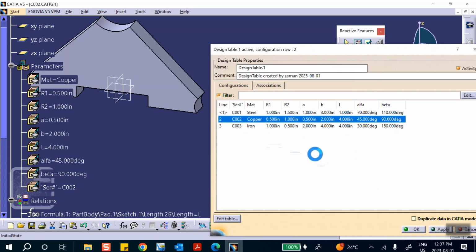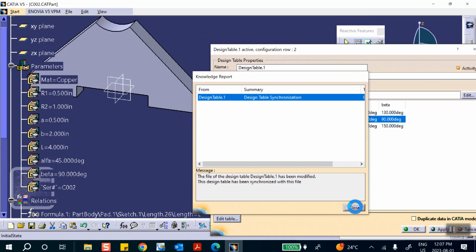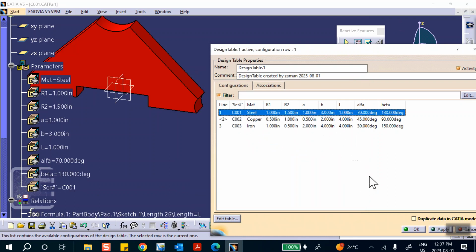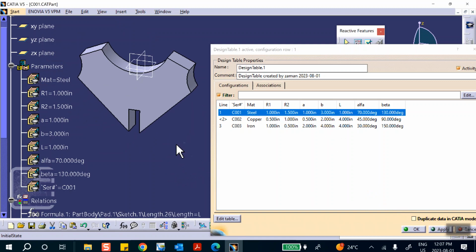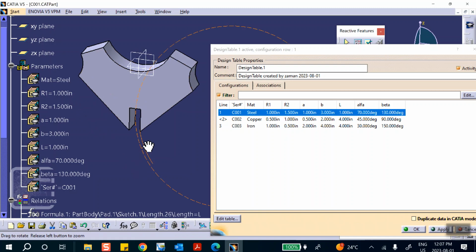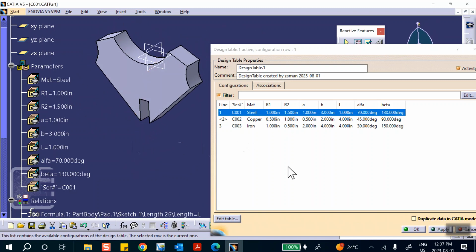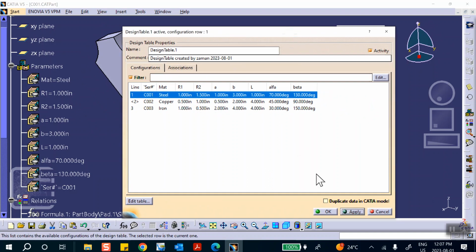Obviously, I'm not going to do that to you on the test, but you should know how to fix it. Oh, there we are. Okay, good, good. If you put in an unreasonable number here so that it becomes a self-intersecting sketch, then obviously it doesn't work. So, okay, that takes care of the